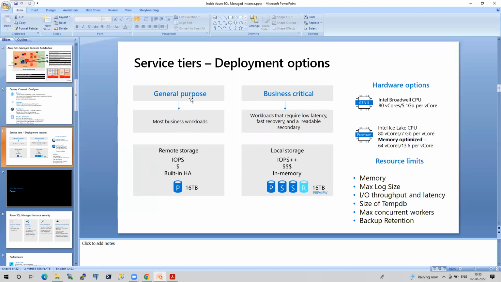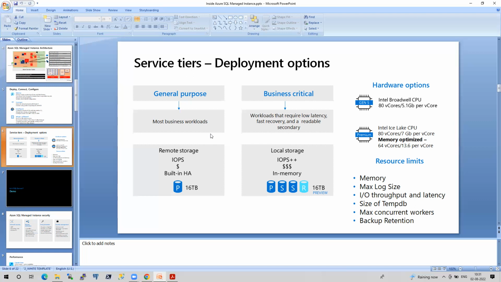The one I'm going to create is general purpose. Even when I worked for my previous company, they had GP as well as BC. The funny thing is they had some issue on GP, so they thought business critical would help them mitigate that issue, but it didn't work at that time. They were thinking in a different direction. So I will tell you how GP works and how business critical works.